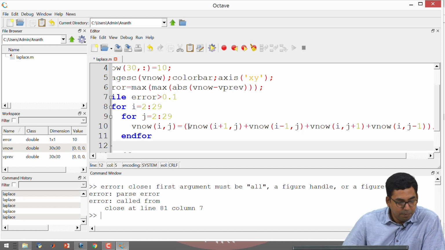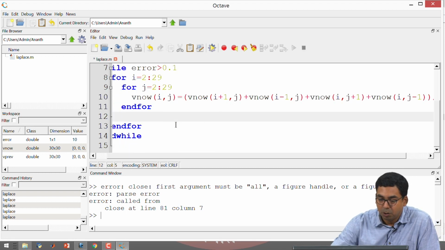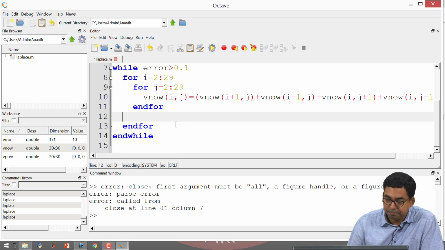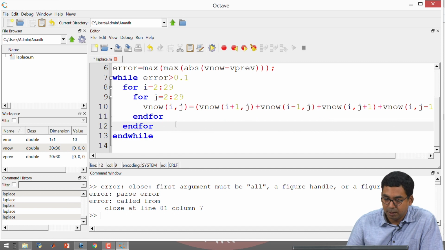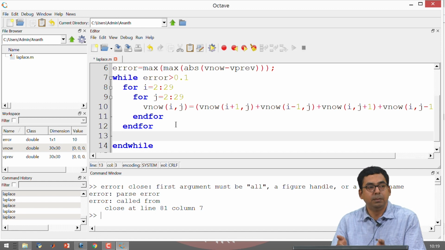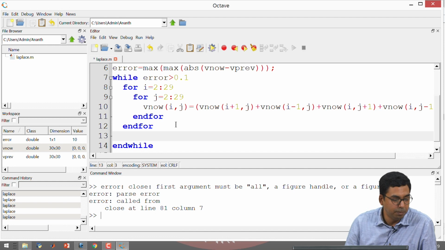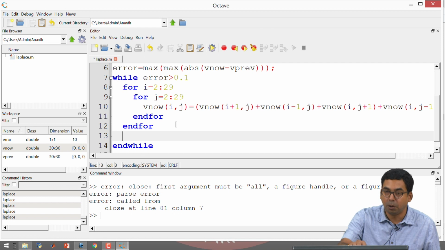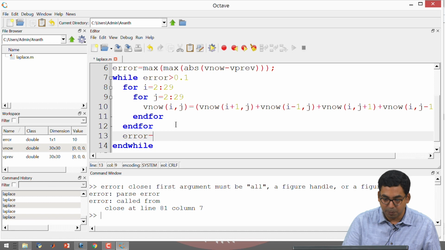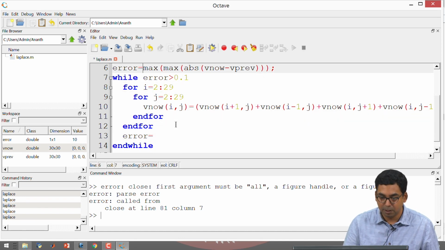Okay. Now, at this stage, what has happened is 2 for loops will be executed for each row and each column, alright. And once this is done, I would like to calculate the error between the current value of voltages that we have found and the previous value of voltage that has been computed prior to starting this particular iteration. So, this entire for loop, 2 for loops will constitute one iteration. Okay. So, we make the error calculation once again.